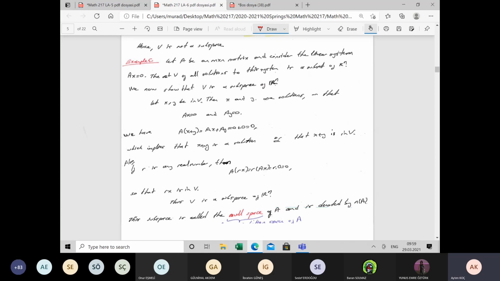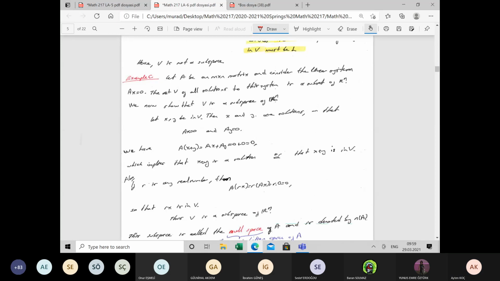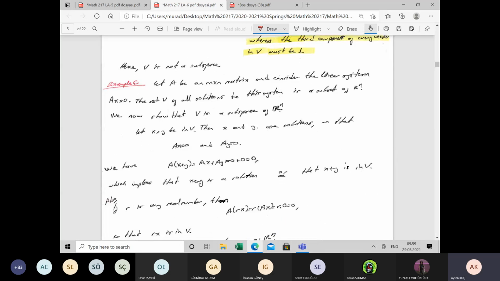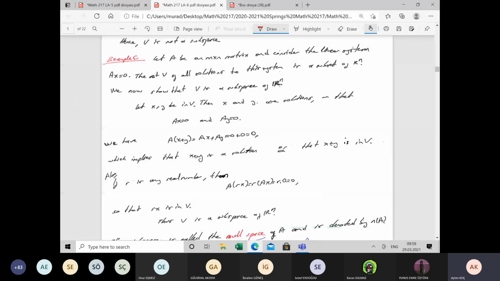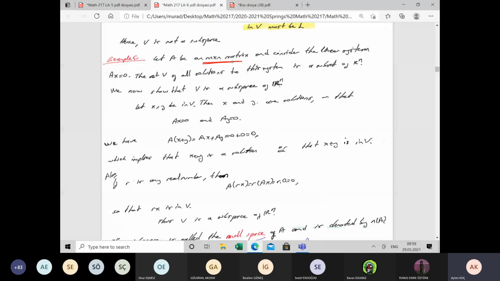Another example here. Let A be an n by n matrix. Consider a linear system AX equals 0, a homogeneous system. Look at all the solutions of this system and construct a set V. This set contains all solutions of this system, and we claim that